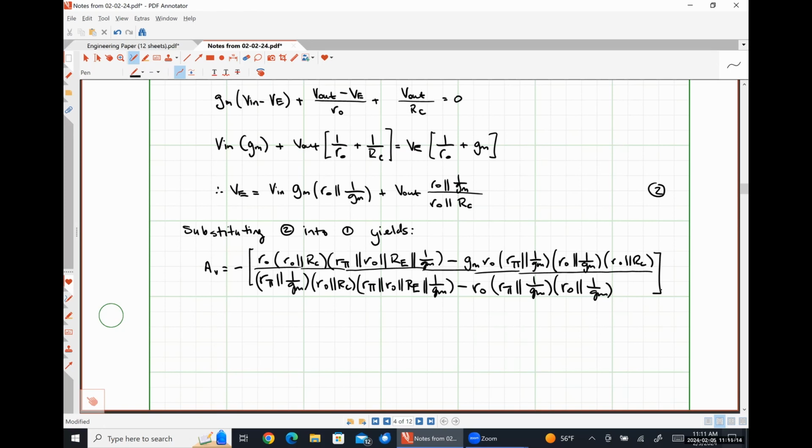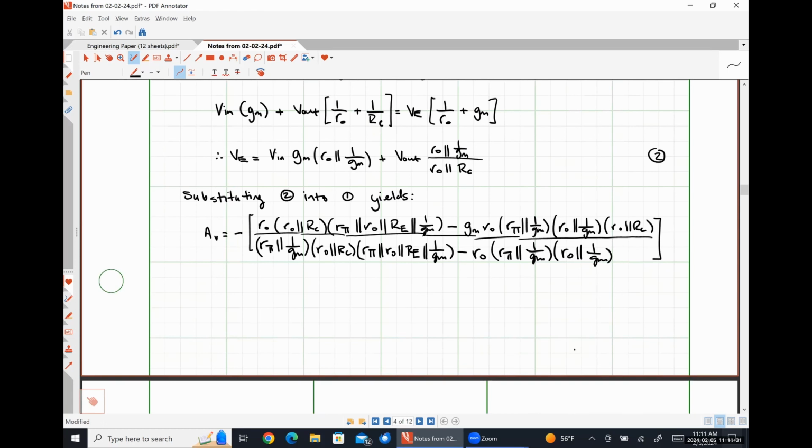Which now I have to go through my notes and find. Give me just a second. So when R naught approaches infinity, and R naught will typically be the largest resistance of all of these resistors anyway, it should usually be significantly larger than R pi, RE, RC, and 1 over GM is usually the smallest resistance you'll see. So under these conditions,